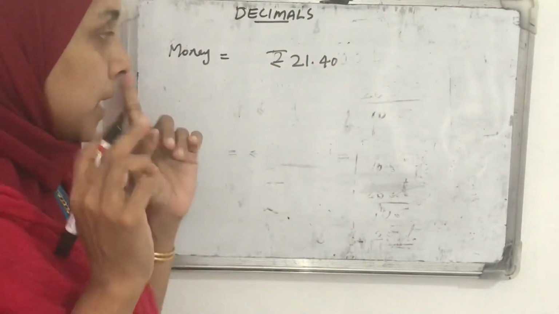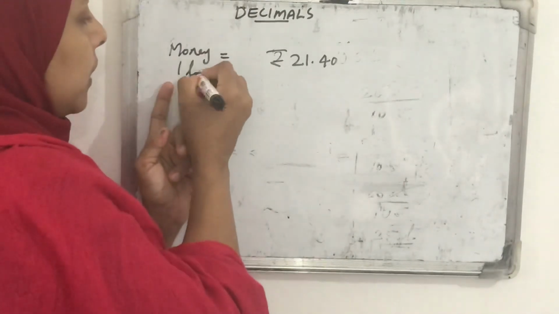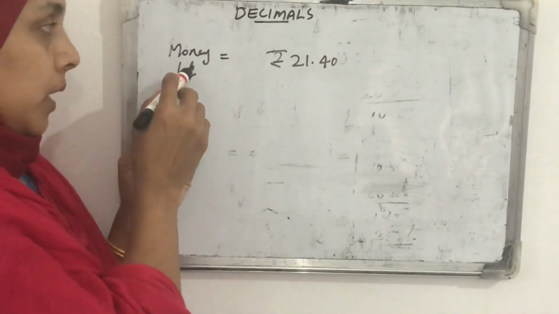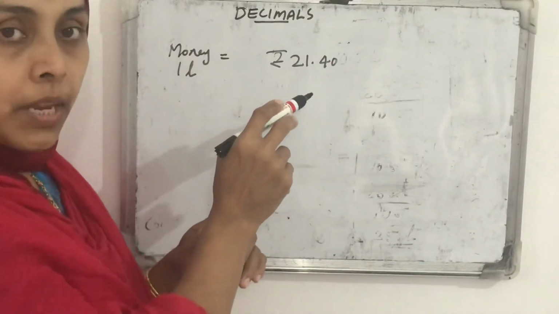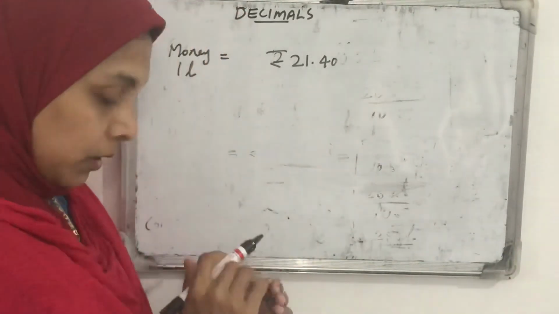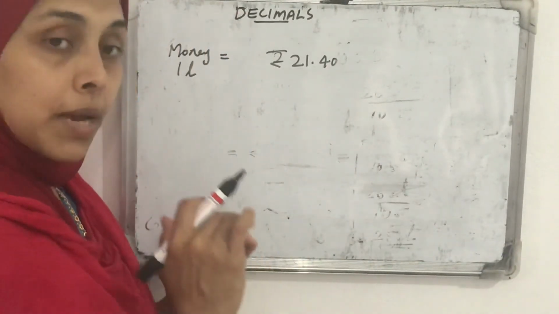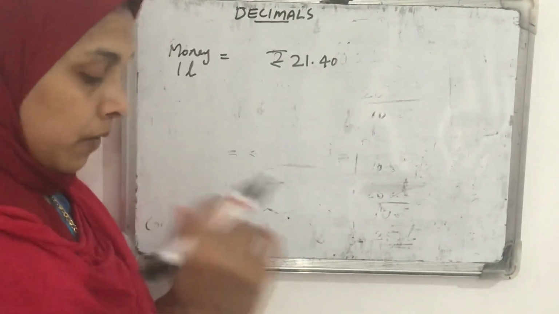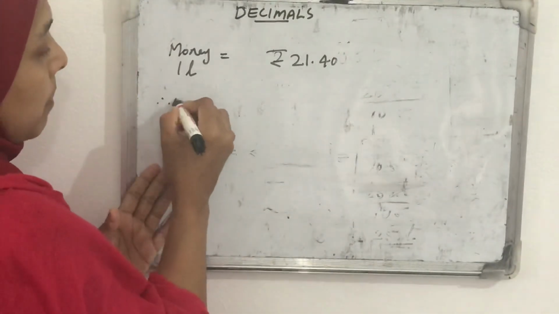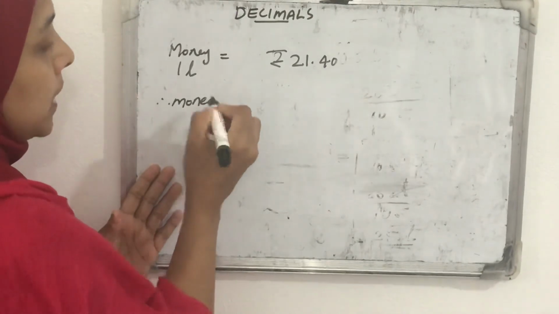That means by selling 1 liter of milk, he will get 21 rupees and 40 paise. Therefore, the money got by selling 12.45 liters